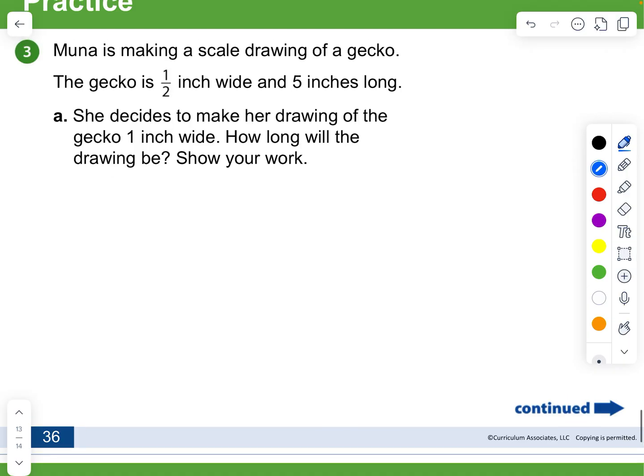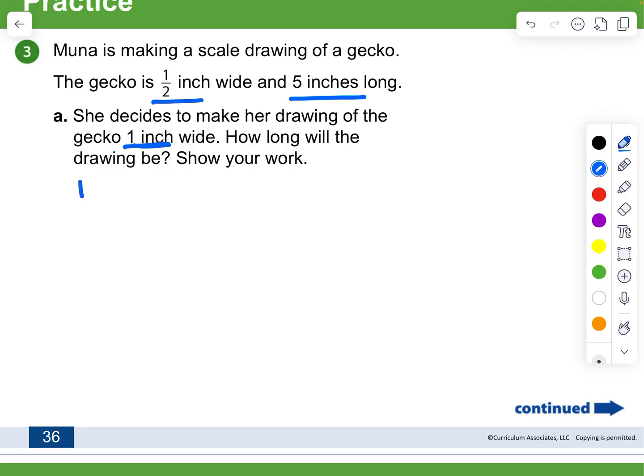And number 3. Muna is making a scale drawing of a gecko. The gecko is 1/2 inch wide and 5 inches long. She decides to make her drawing of the gecko 1 inch wide. How long will the drawing be? So the gecko is 1/2 inch and 5 inches, and she wants to make hers 1 inch. So again, you might think of this a couple different ways,